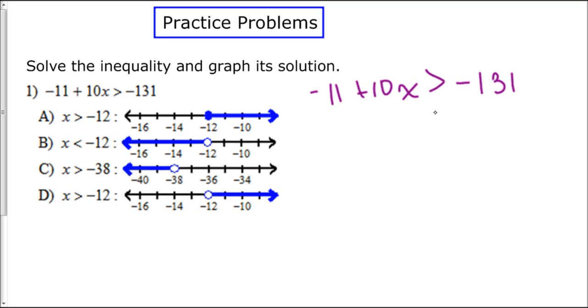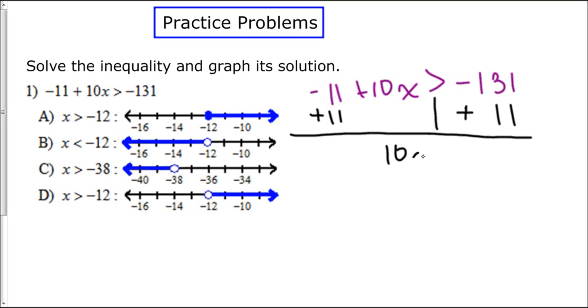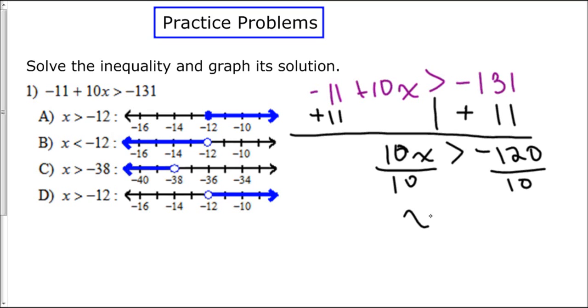So what I want to do is add 11 to both sides, because that's the constant on the variable side of the inequality. I get 10x is greater than negative 131 plus 11, negative 120. I'm going to divide both sides by a positive coefficient so I don't have to worry about changing the signs. x is greater than